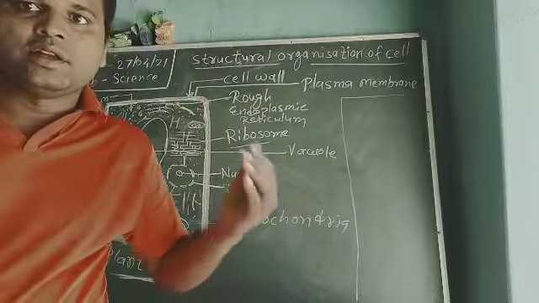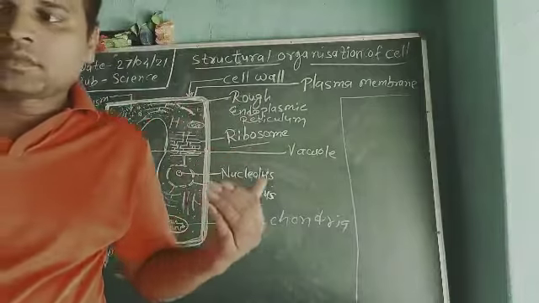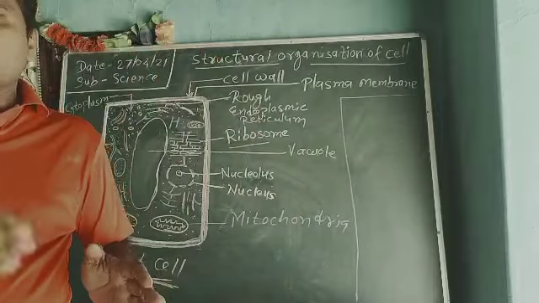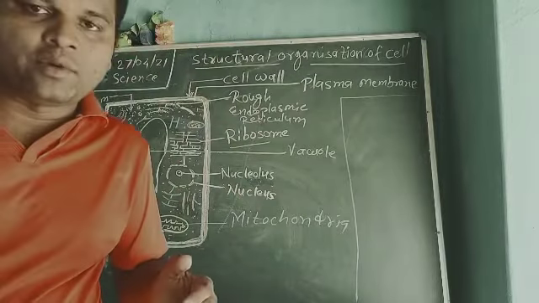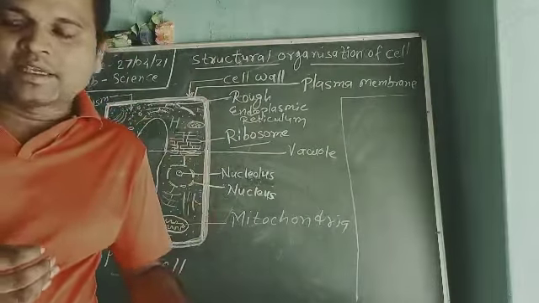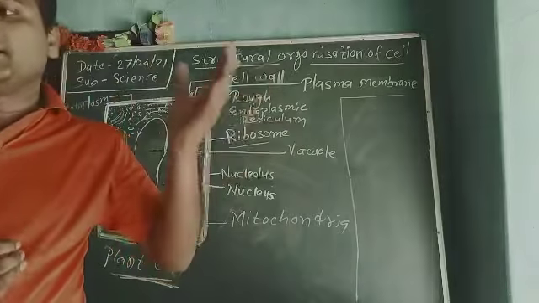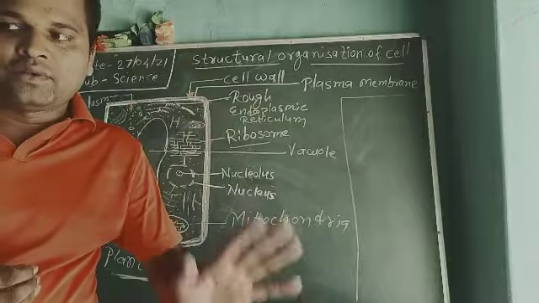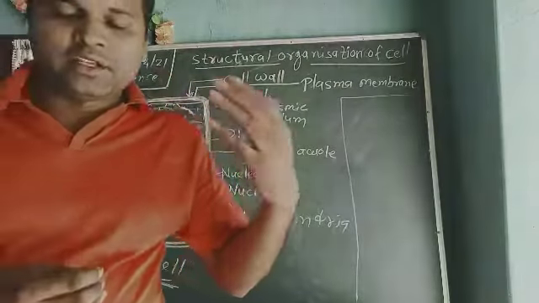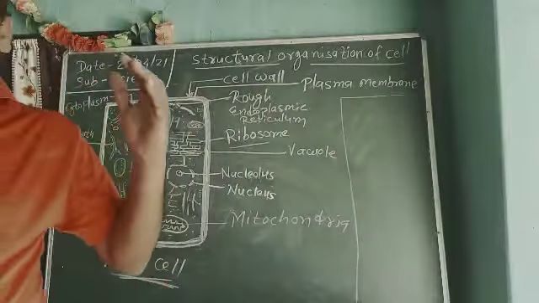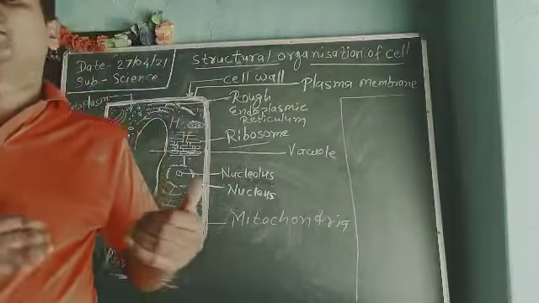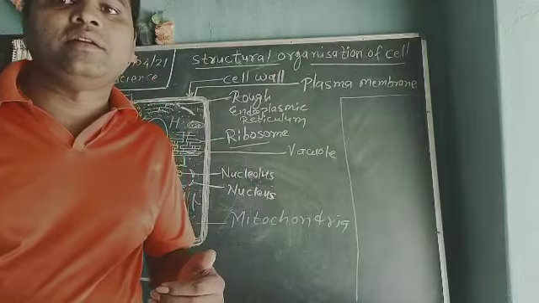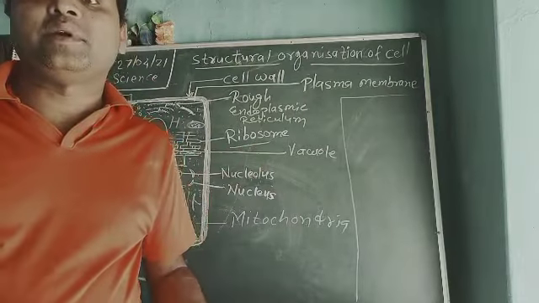And third, cells of different organisms differ in structure. Cells within the body of a multicellular organism differ in shape, size, and functions. In spite of these differences, every cell shows the same basic structure: cell membrane or plasma membrane,